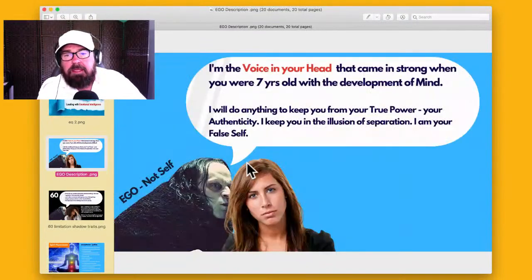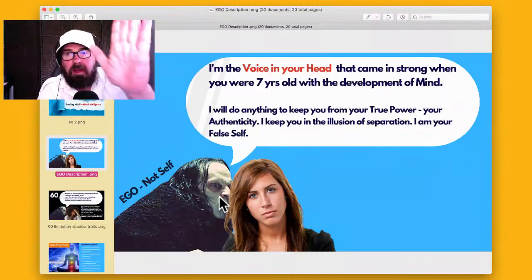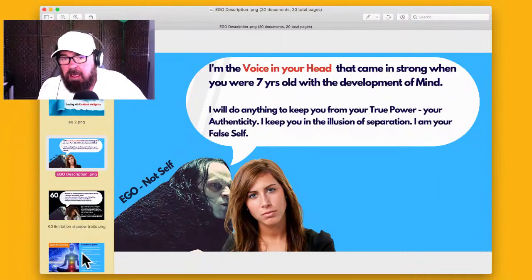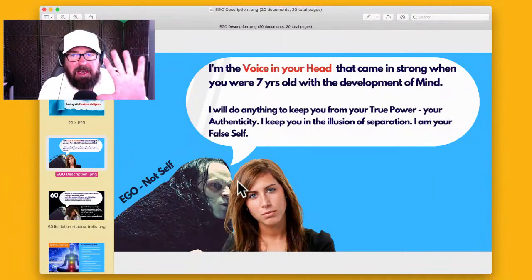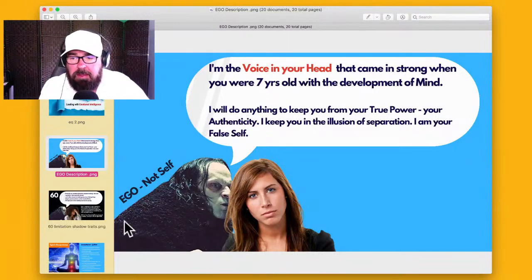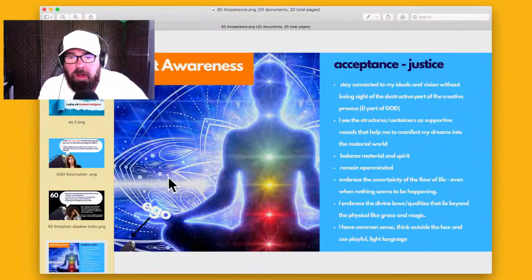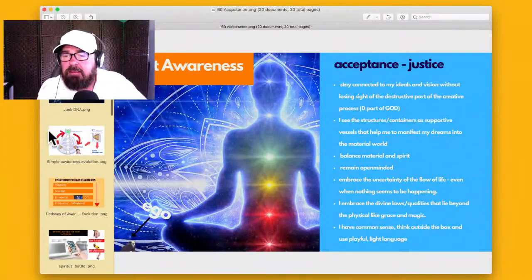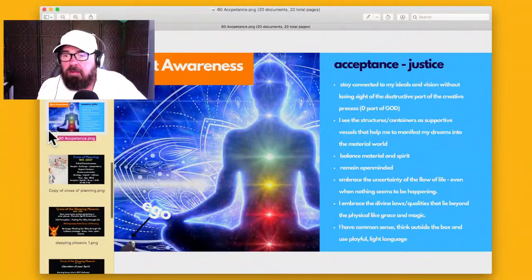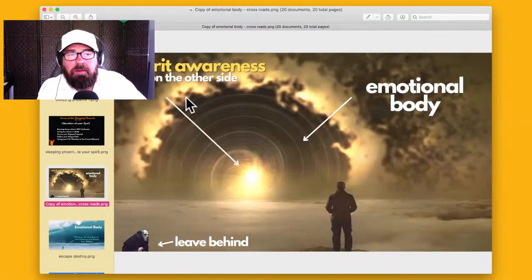And this keeps you limited, keeps you in limited thinking. The ego is not creative at all. It's all about fear and control and separation from the divine. You want to be transcending that ego, and that's going into these higher states of consciousness, this expansion. And remember, you expand only one way now, and that's through this emotional body. That's where expansion is.